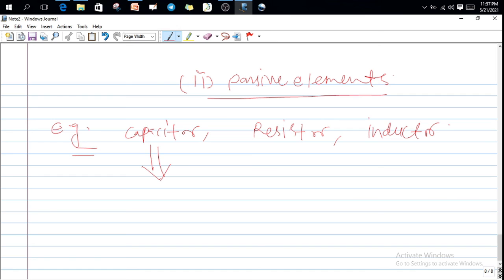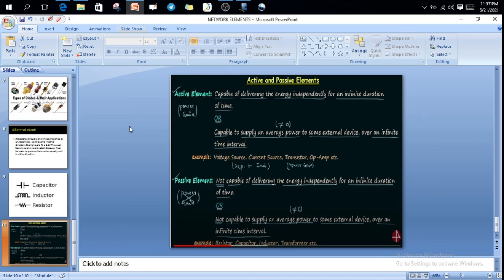Active elements means long duration delivering of energy comes under active elements. Is it clear? I hope these active and passive elements are clear to all. Okay guys, you could see in this